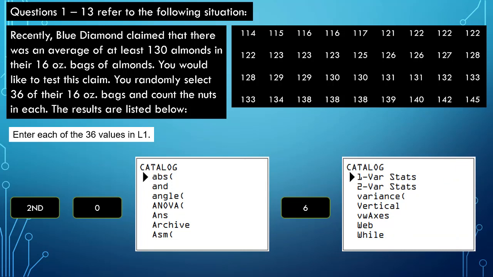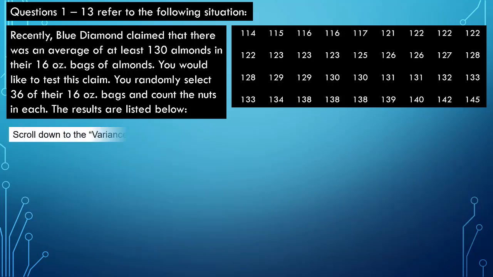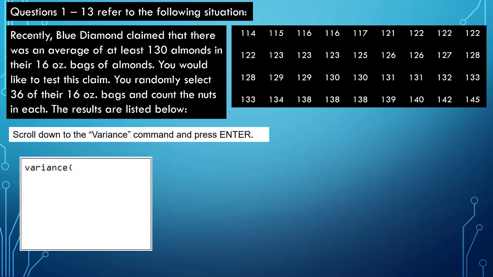And you can see that the third option down is the variance. So scroll down and press enter on variance, and that'll put the variance command on your screen. Now this variance command is always the sample variance. Because that's what we're interested in, that's great for us. If we had wanted to find the population variance, we would have to use the one variable stat screen to get our standard deviation and square it. That would be the other way that we could do this, but this is more precise to find the sample